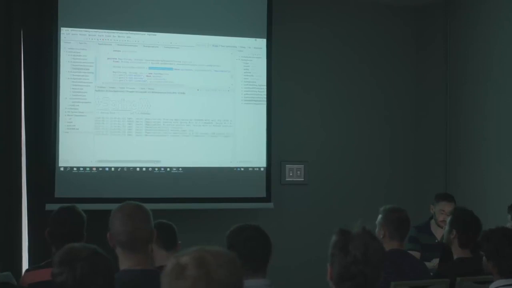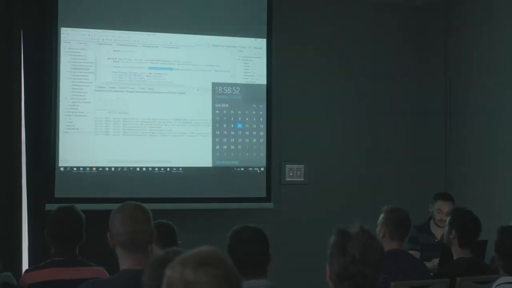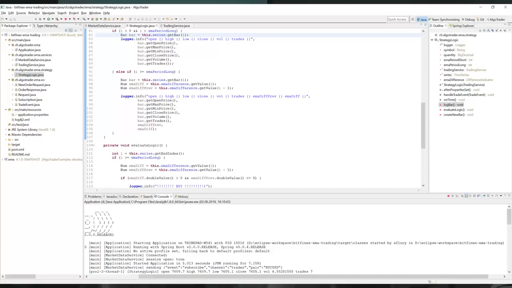So you see it's a Spring Boot application. Starts up, that's good. And after 10 seconds, so when we're at 1859, we should see a first bar. Yes, okay, here we go. So now you see that every 10 seconds it prints out this bar information here. It prints out what was the opening price, what was the high price during these 10 seconds, the low price, the closing price, what was the traded volume, so how many Bitcoin were traded during these 10 seconds, and